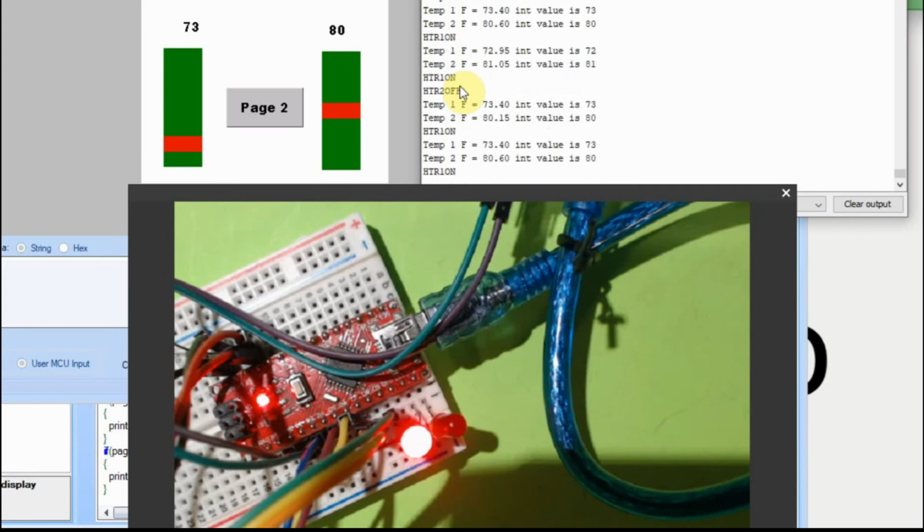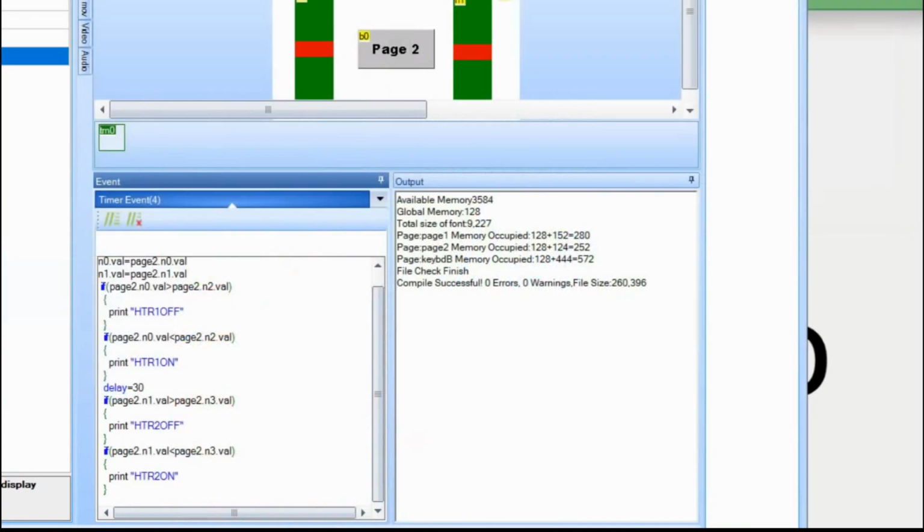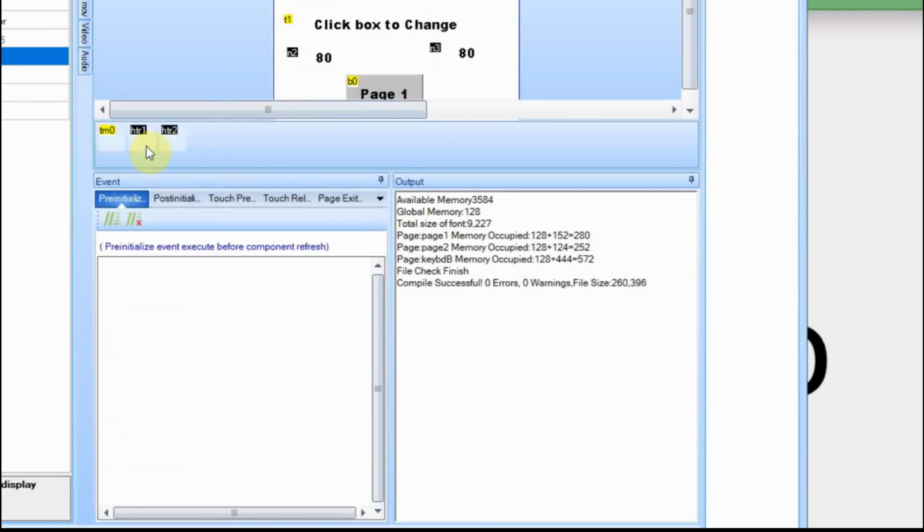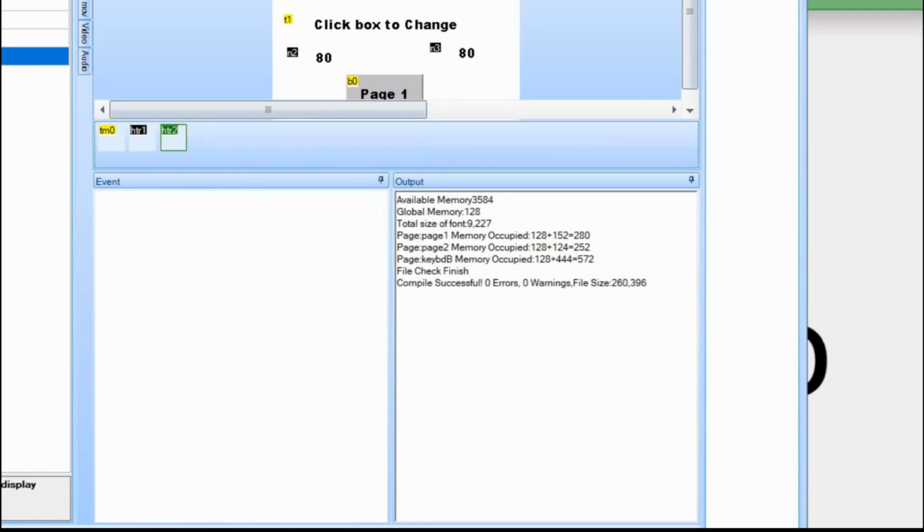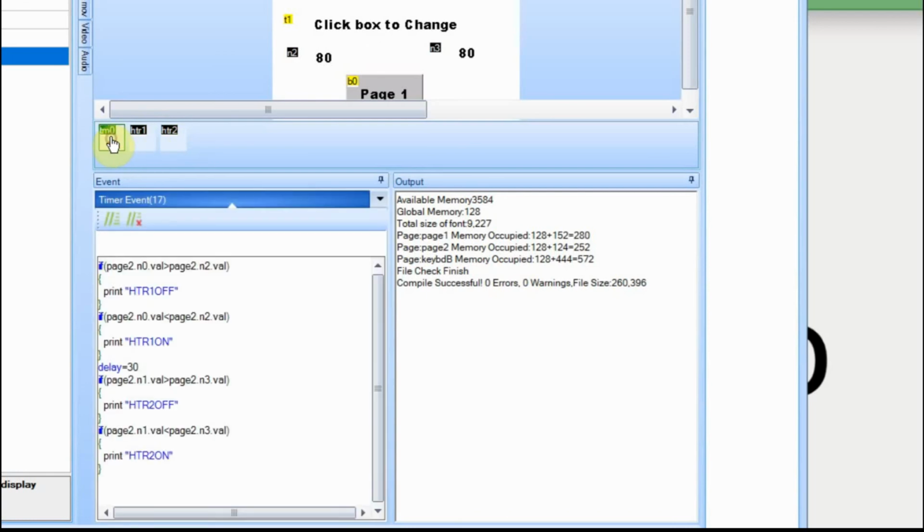And we're going to start in the Nextion for this. We're going to go to this function here, where right before we print it, if you remember, we have the variables on page 2, right here, heater 1 and heater 2, and they're both set to off right now. And so when we start the Nextion, I'm assuming, this is why I said this is only half feedback. What you also need to be doing is looking at the other end. For this example, when I turn it on, I know that the room is cool and the heaters are currently off. Now if I go to the timer,